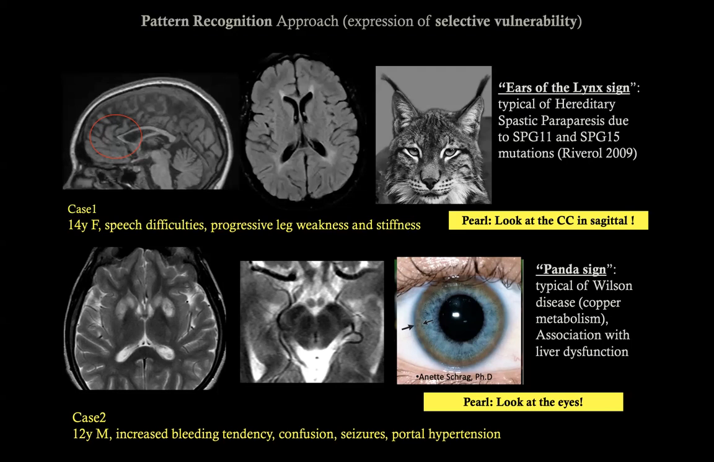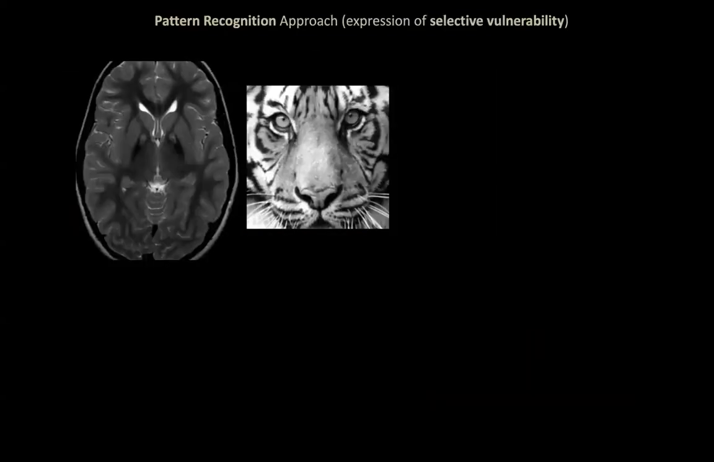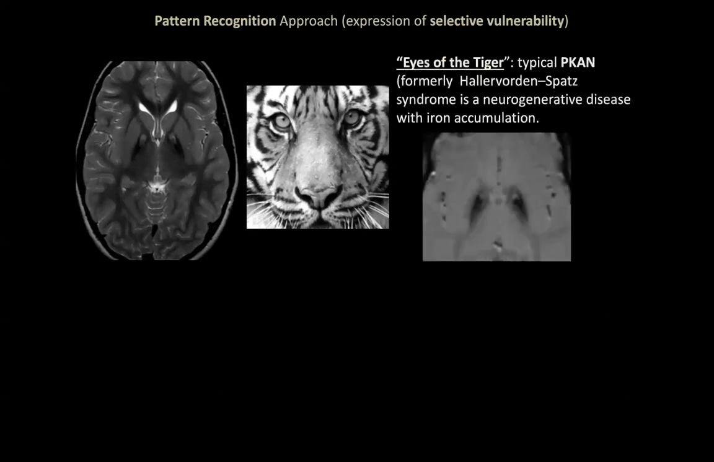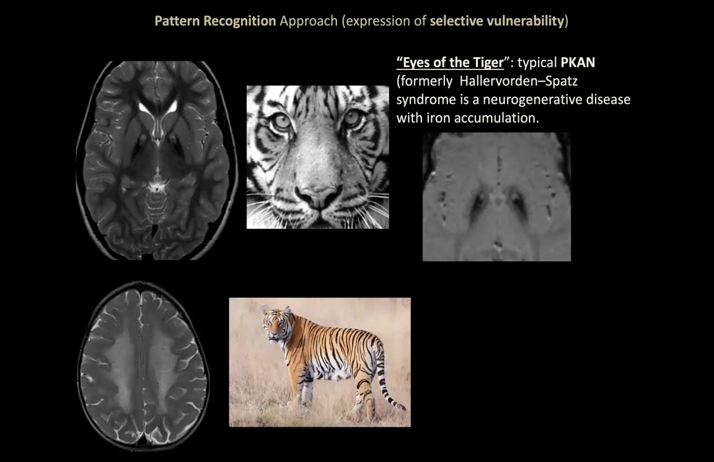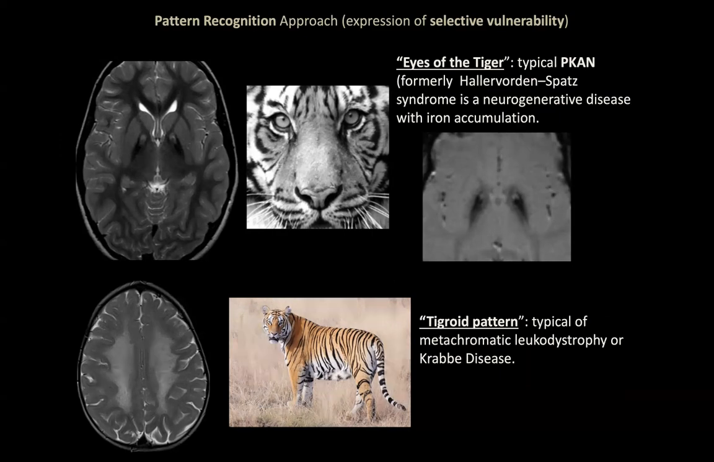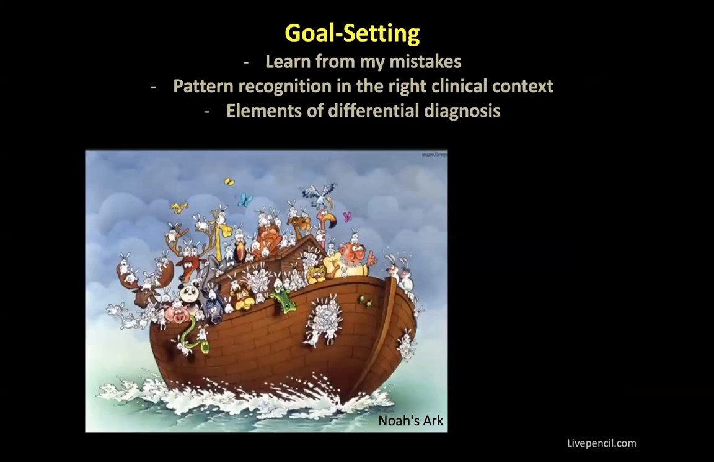This is another animal. And then we have the eye of the tiger, typical of brain iron accumulation, in particular due to PKAN, formerly known as Hallervorden-Spatz, or the tigroid pattern in lysosomal leukodystrophies, such as Krabbe disease or metachromatic leukodystrophy. But if we keep adding and adding these patterns that look like animals, what we have is a confusing zoo